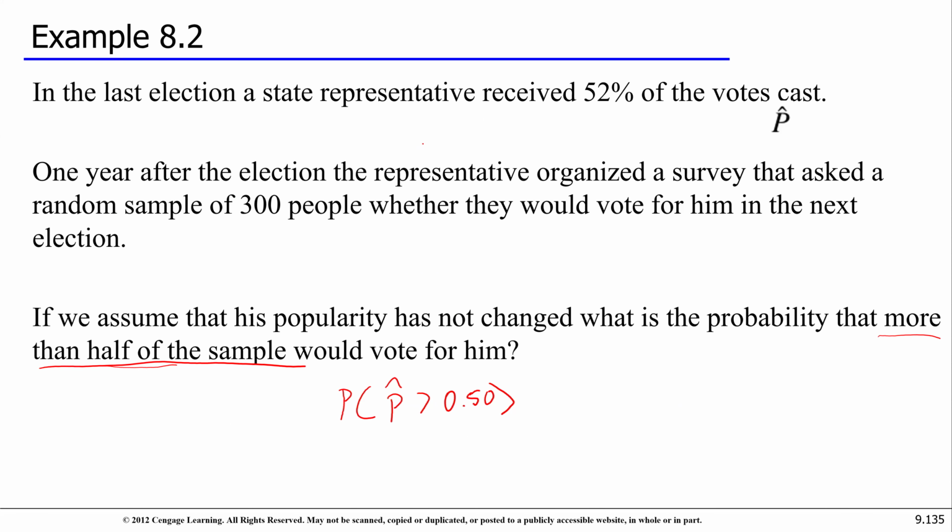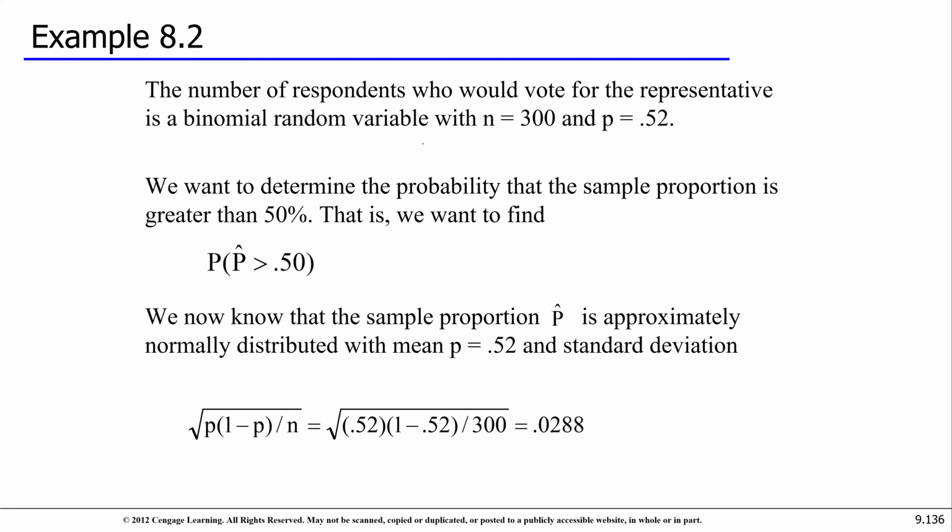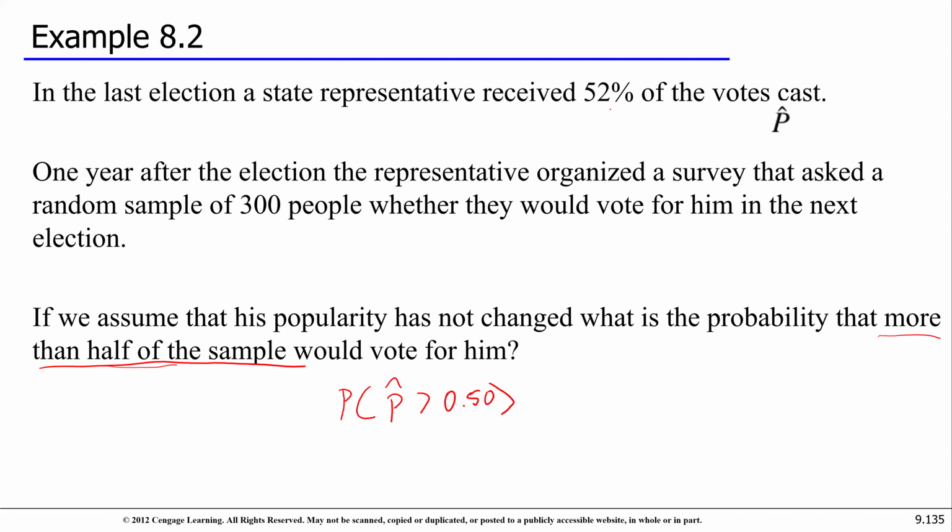All right, so for the sample, more than half the sample, we know that p hat is greater than 0.50. The p is given to us in the problem itself. So this 52% is our p. So when we do our calculations,